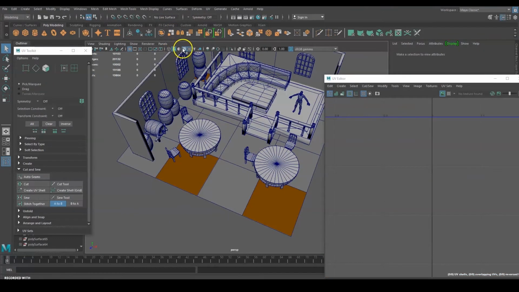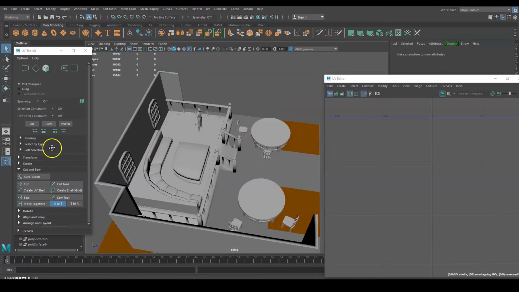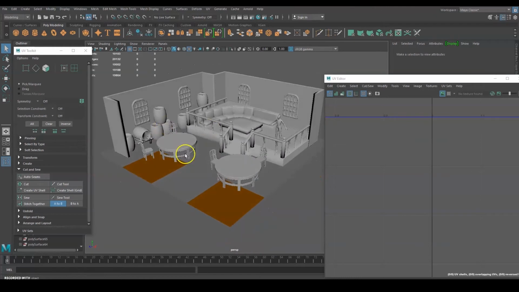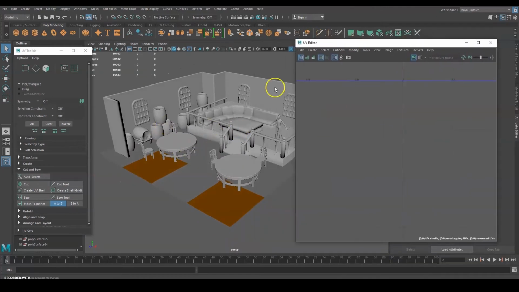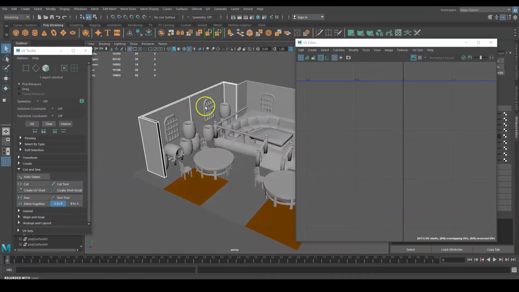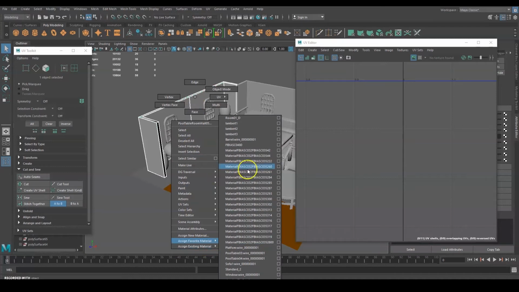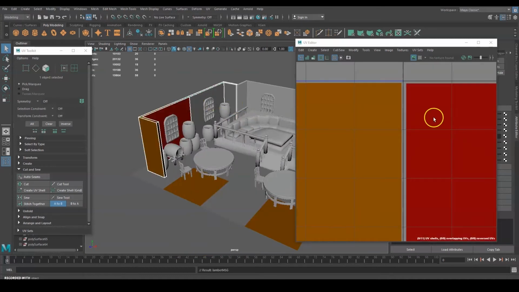So now it looks much more correct. Now this is actually how we judge what happens to the texture here. Now let's go ahead and do a bit more, let's say the wall. I'm missing the wall. If I want to assign it, I just press assign and choose the shader, and I'll get something